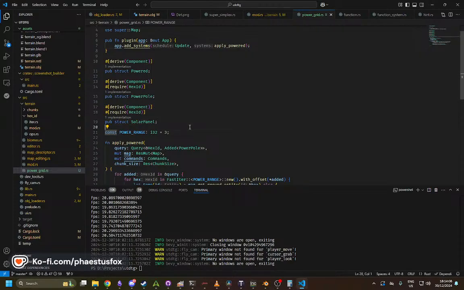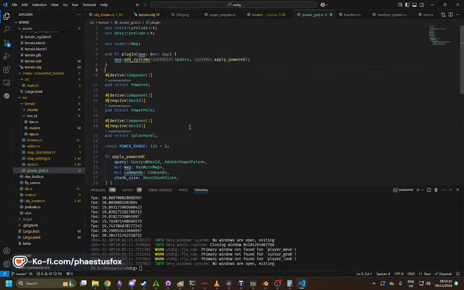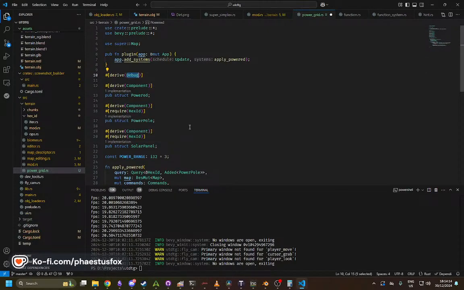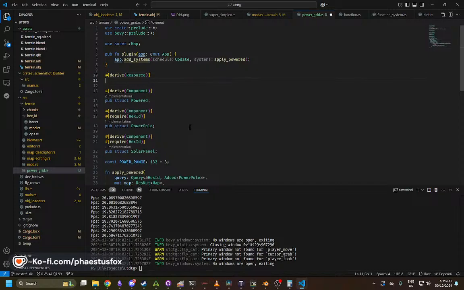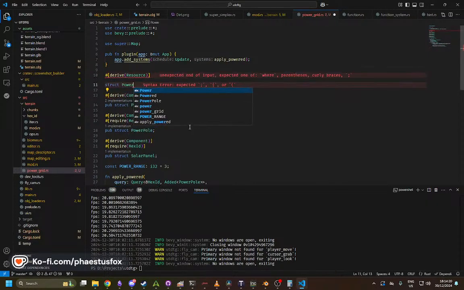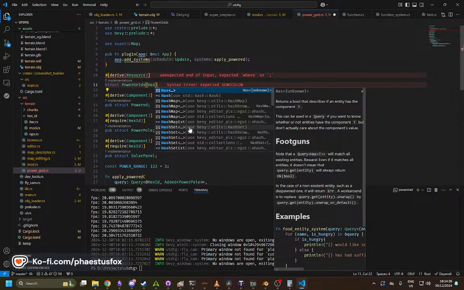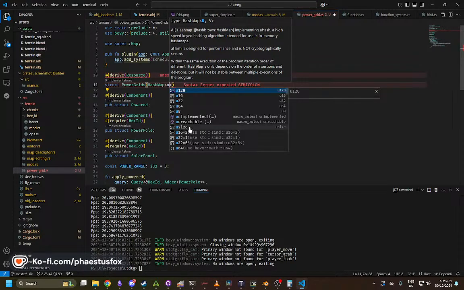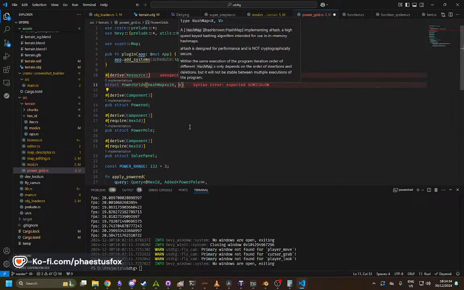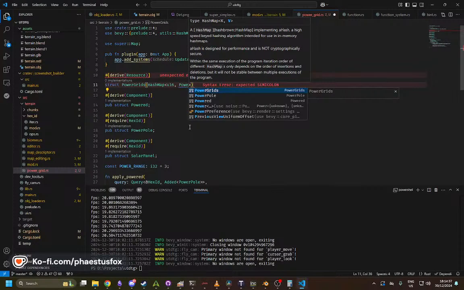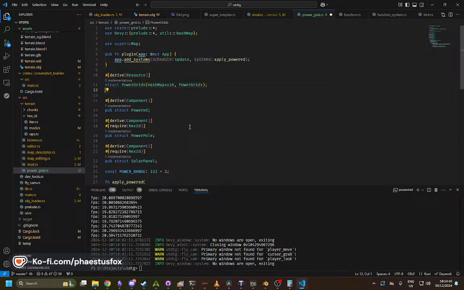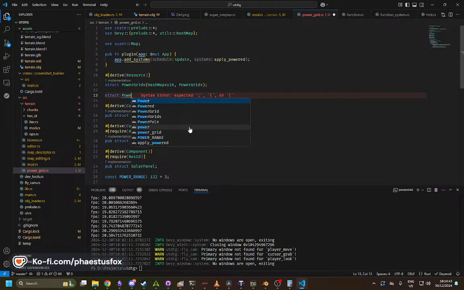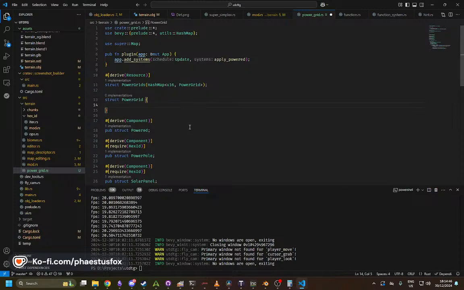So we need a resource that is power grids. Drive, resource, struct, power grids. Right, and this is just going to be a hash map of a U16 maybe, U16, and then power grid like that, and we're going to struct power grid, and a power grid is going to